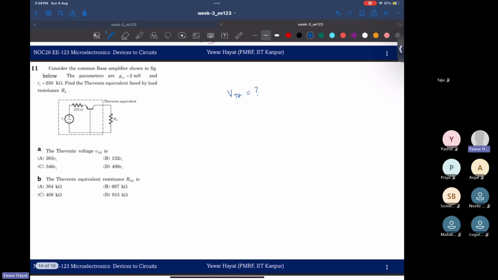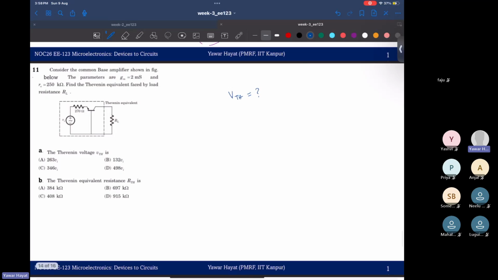See, to find VTH, what you do is you remove RL so that your output is open circuited, right? And the voltage that's appearing across the output terminals, that is your Thevenin voltage, right? So what I can say then is